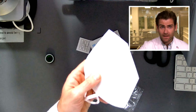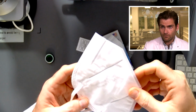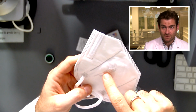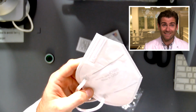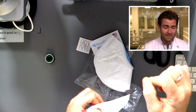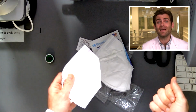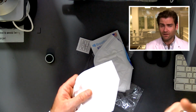This is not technically a KN95 mask, and the writing's really light on this. I can try to hold it up. Yeah, you can barely see it. See, it says GB 2626-2019 KN95. That's part of the KN95 standard. You have to write that on any KN95, which means that if it doesn't say those words, it is not actually a KN95 mask. We've tested like 40 KN95s today, and I think 2 or maybe 1 actually said the